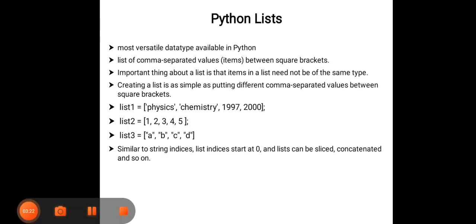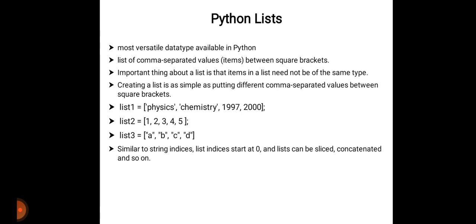Then we will see what a Python list actually is. The list is the most versatile data type available in Python, which can be written as a list of comma-separated value items between square brackets. The important thing about a list is that the items in a list need not be of the same type.